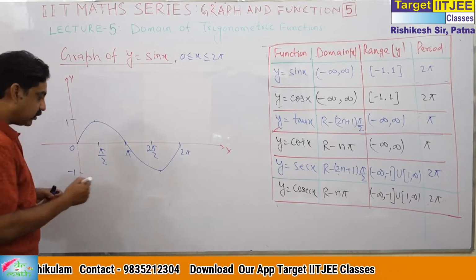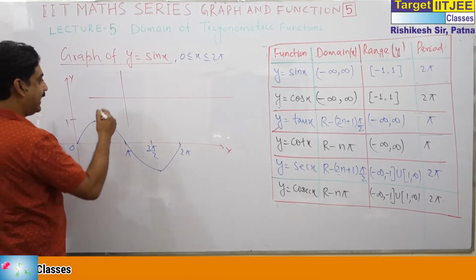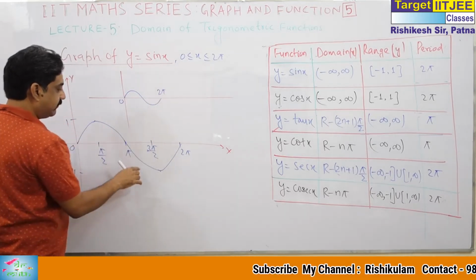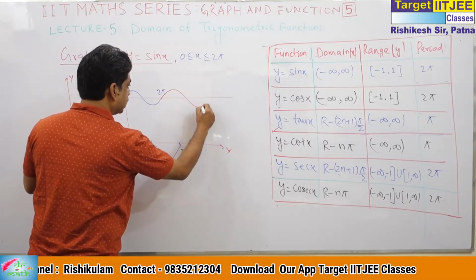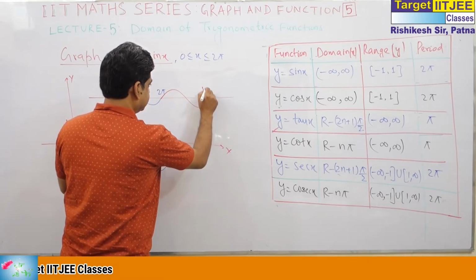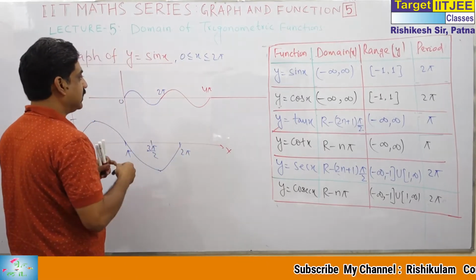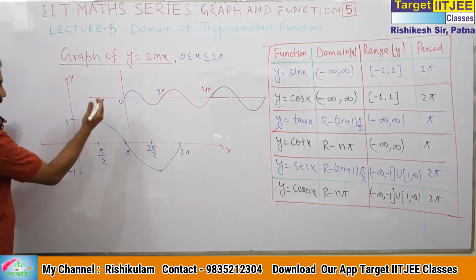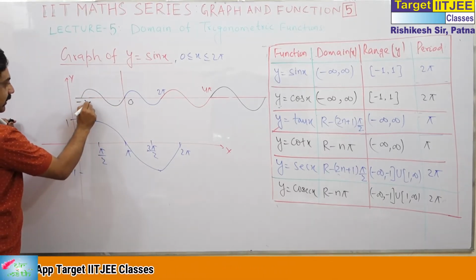If we go for the graph of sin x, this will be like this. This is in 0 to 2 pi. After that, this is in 2 pi to 4 pi. This is again like this, 2 pi to 4 pi. After that, it's again 4 pi to 6 pi. It's like this, 4 pi to 6 pi. You can move back also. This is 0 to minus 2 pi.